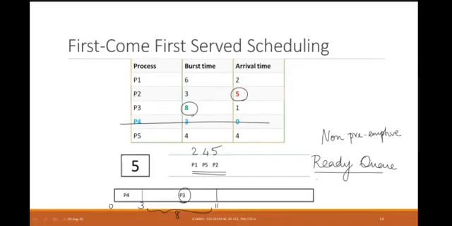If you have understood how it works, now there is no work for your ready queue. Just move the processes one by one onto your Gantt chart and complete it. Anyone who has completed can show it. I'll give you 2 minutes. Just complete your first come first serve scheduling. So the criteria on which the scheduling happens is your arrival time. You are not bothered about anything else but your arrival time. So if you come first, you will be given the ticket first. That's all.